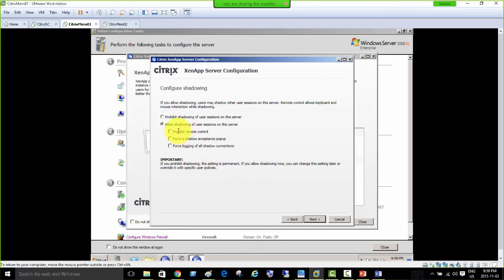Next, it says "Allow shadowing of user sessions on this server, prohibit remote control." You know what shadowing is? Shadowing is when you, as desktop support or an administrator, shadow the session of another user, which just means that you are watching that user's session. Now you want to prohibit remote control of that session. You don't want your desktop support or yourself or other administrators to actually control that session,